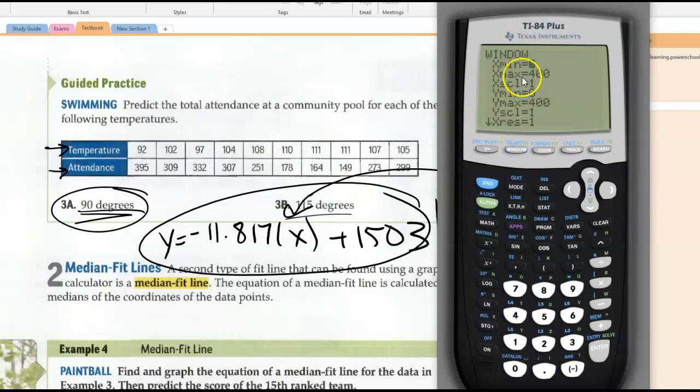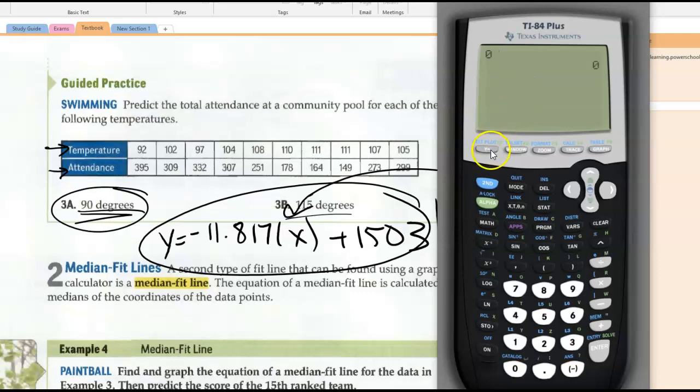So the domain is what matters, and the window needs to fit that domain. So you need to change your window to fit so that when you trace it, or if you go to calculate the zero value or calculate the value, x at 90, you're inputting the value within the range for the x. So your x min and your x max. Before it was probably -10 to 10. And if you do that, if I put in -10,